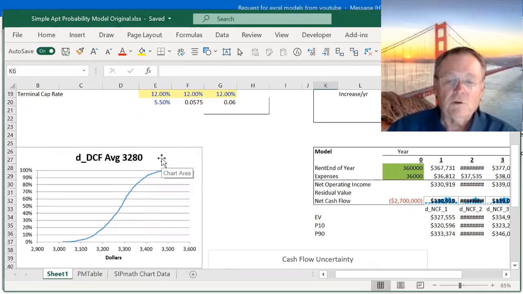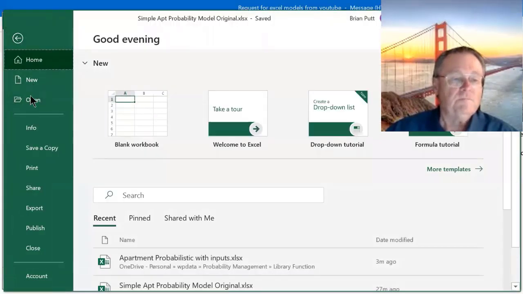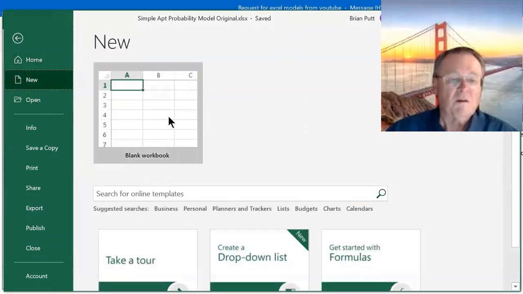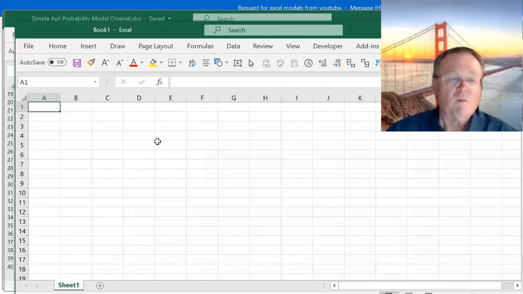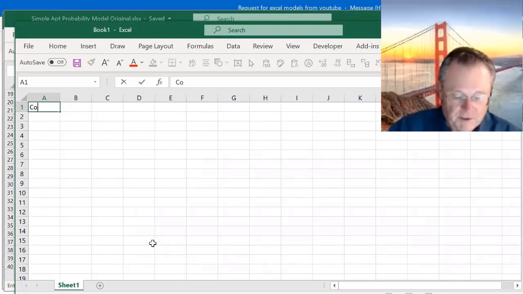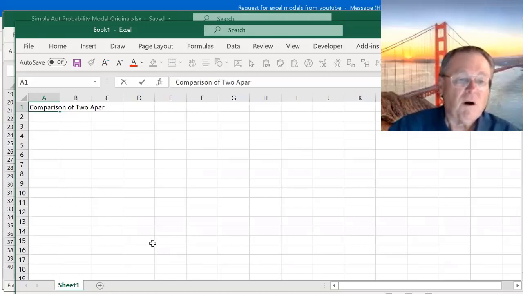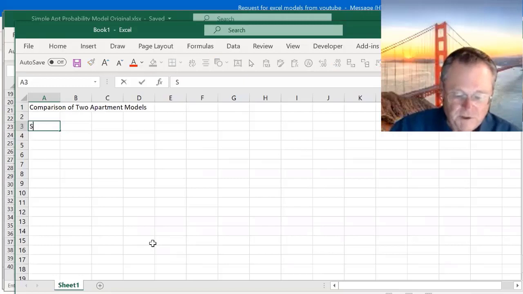So what I'm going to do is to start up a new file, and in that file I want to put both of these distributions. So I'm going to go File, New, blank worksheet, and this will be comparison of two apartment models. Okay, let's do the simple one first. Simple model